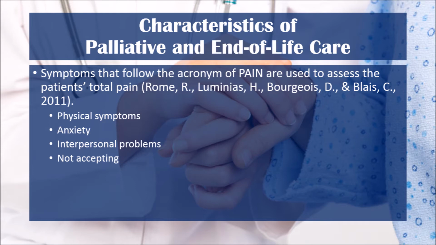Interpersonal problems represent the I in pain. Subjective answers are recorded and compared to previous documentations. These items are known to be things such as being lonely, financially stressed, family tension, or problems which often tie into their mental and physical health. N stands for not accepting oncoming death. Through this assessment measure, it is determined if the patient is in denial with their level of pain and doesn't fully understand or want to comprehend the prognosis of their illness.